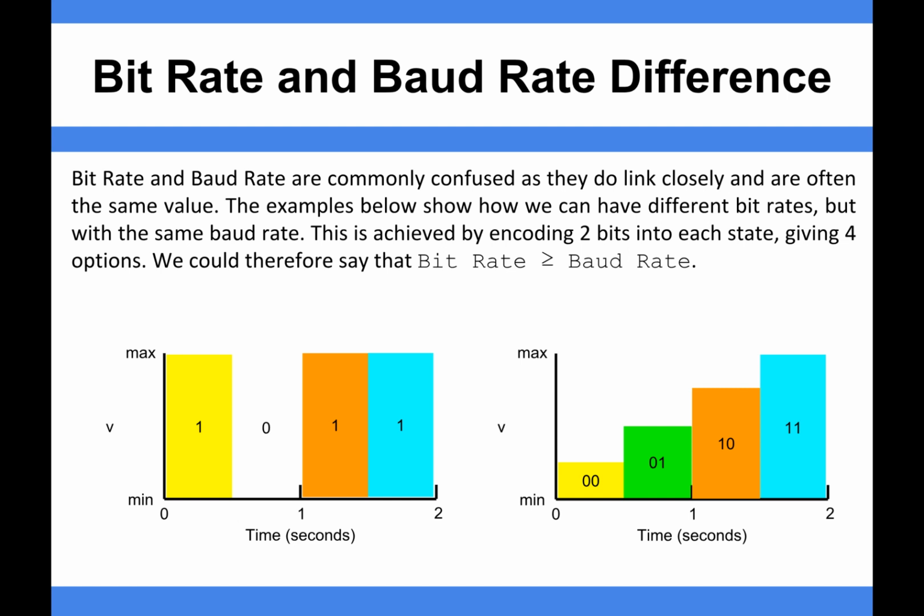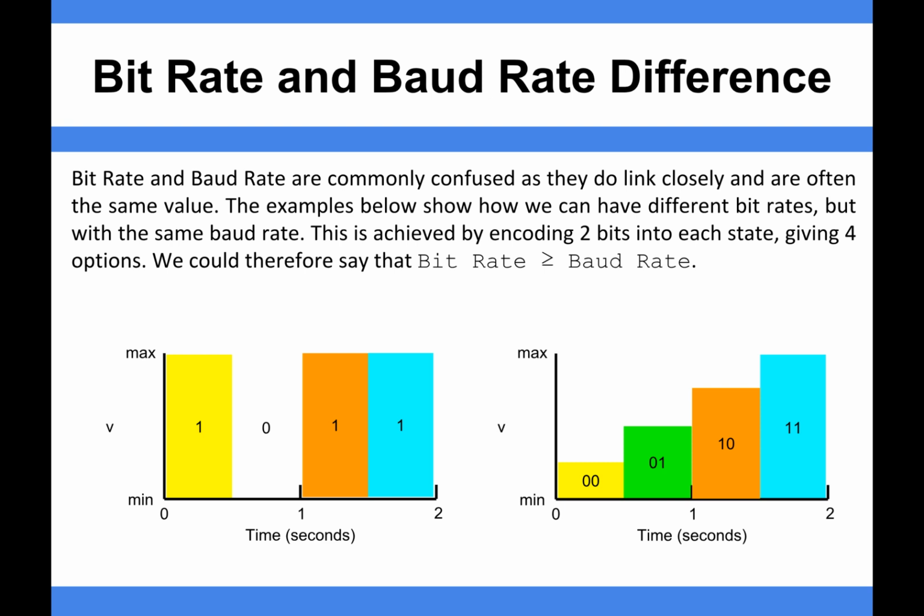The bit rate and the baud rate are commonly confused, and you might even get a question where you have to talk about the relationship between them. There is a common link: they do link closely, and there's a mathematical relationship between them. And as an example below, what we've got here is